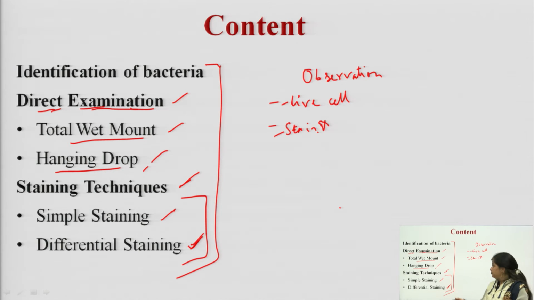So these are the main identification criteria which we need to study under unit number 2, that is how to identify bacteria either in the live form or by staining reagent, because staining reagent will kill the microorganism, they will not be viable. We will see the microorganism and analyze their structure, but we will not be able to see them live. So direct examination is the only technique by which we can see live cultures, live microorganisms. Now how can we go for the direct examination?